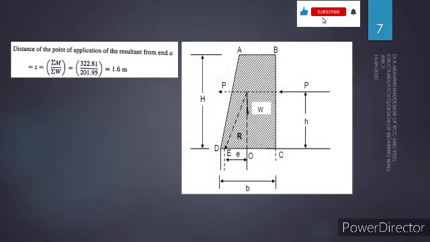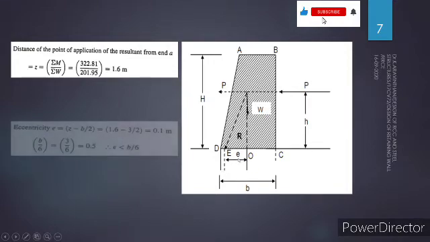Next. Let us find the eccentricity. I have earlier discussed that if you are designing any retaining wall or liquid retaining structure, you will be having a force which is acting. This may be water or soil force, which is the active earth force here, which is horizontal, and you are having the self weight of the structure, which is W. So due to these two forces, you will be having a resultant force. This resultant force should fall within the middle third in order to be in an equilibrium position. So that's why the eccentricity has to be found here.